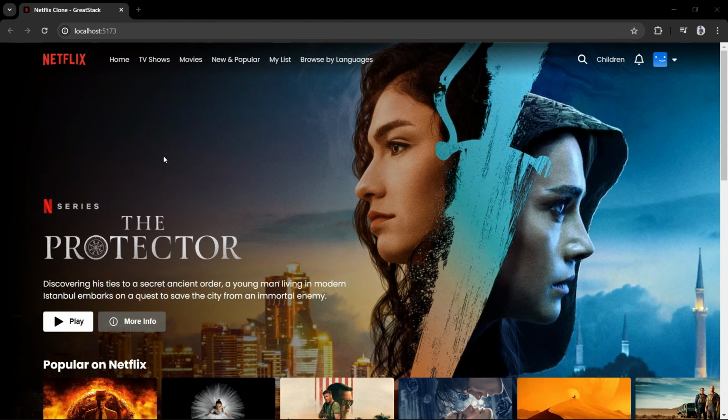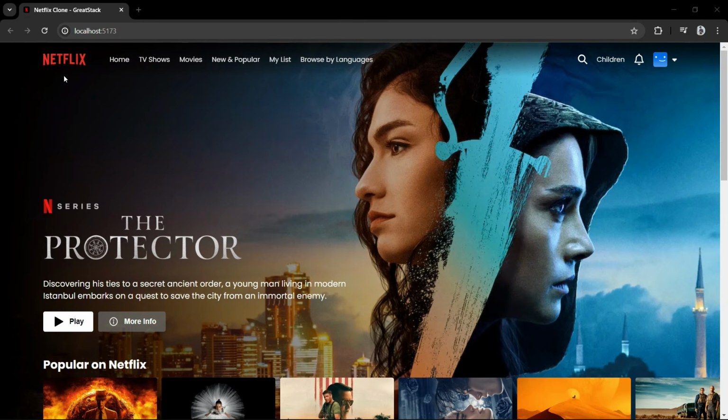In this tutorial, we will learn how to make a Netflix clone website using React.js. It will be a full stack website where we will use Firebase as a backend service. We will create the user authentication using Firebase and store the user information in Firestore database. We will display the movie details from the Movie Database API. So let's see the project overview that we are going to create in this tutorial.